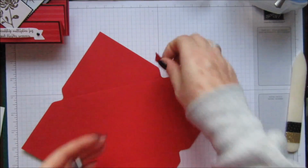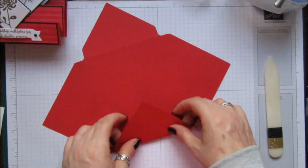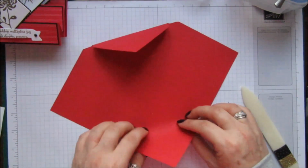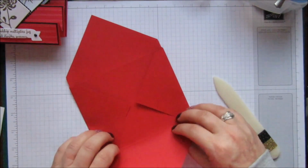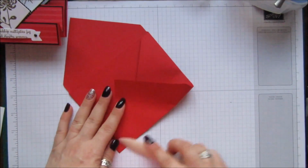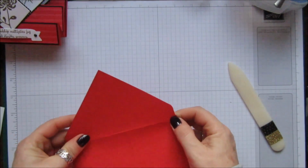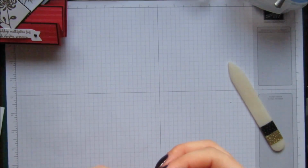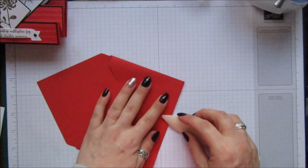Okay, and then just get those out the way, and then just fold and burnish your score lines. Gone off my score line there. Just be careful, because that's the thing with envelope paper, you see, it's obviously a lot thinner than regular paper, so